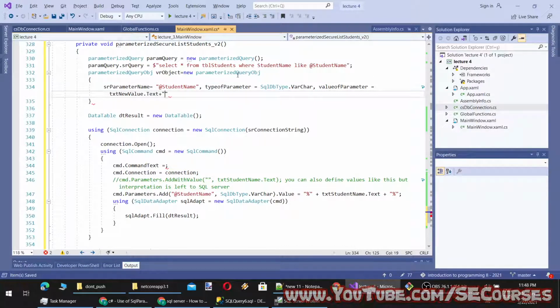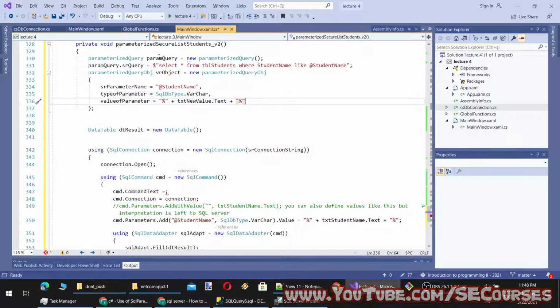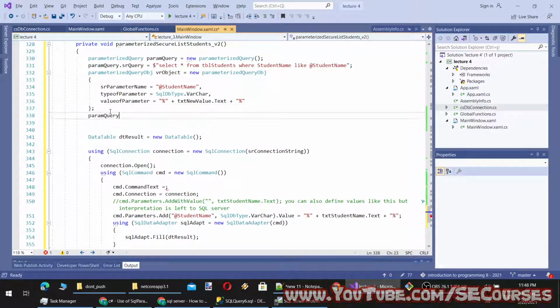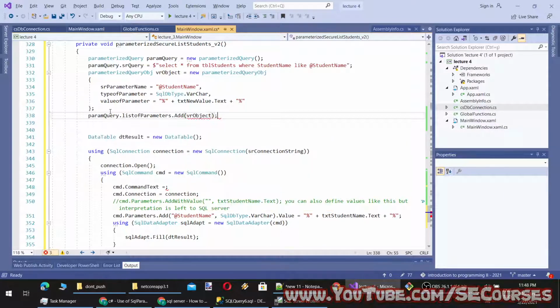However, plus the wildcard character. And then we will add this into our param query here, list of parameters, add, and our object.